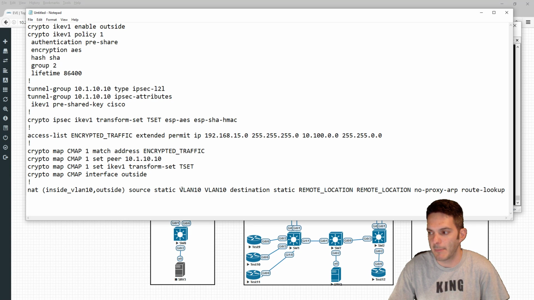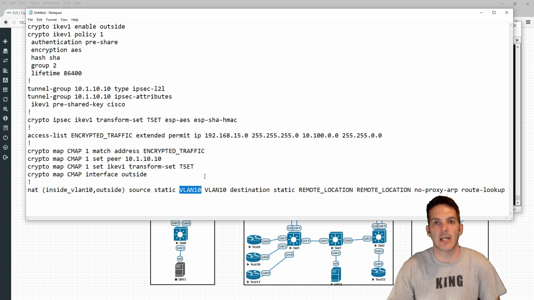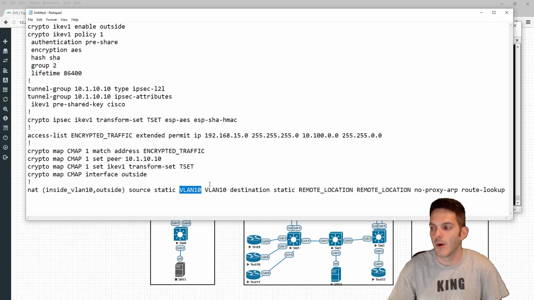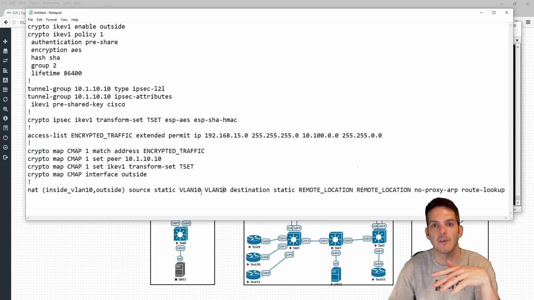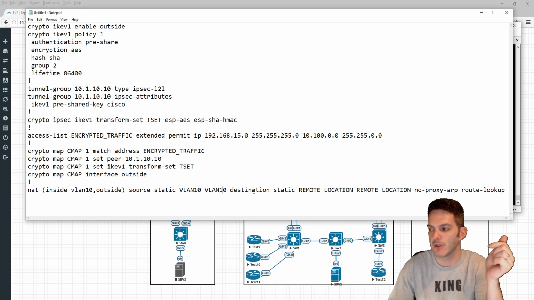In this case, we're mapping from VLAN 10, the 10.100.10.0/24 over to 10.100.10.0/24. So we're NATing VLAN 10 from itself to itself. So we're maintaining the source address. Then we go to the destination and we say static. I call it a remote location. A remote location in this case is the